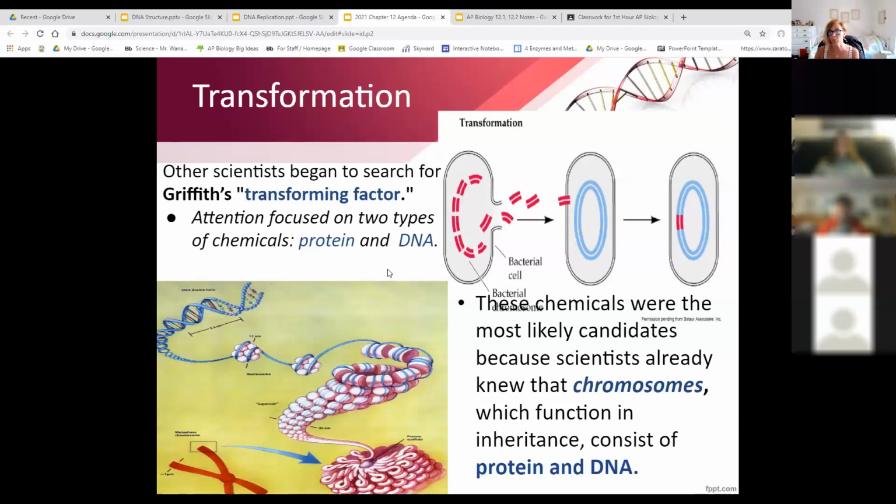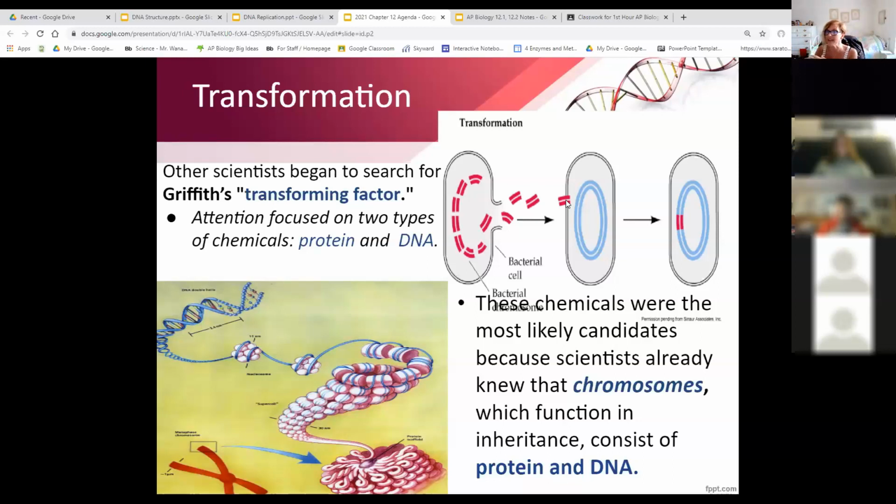Now, for our lab, we know that it's DNA already. And what's happening is that this bacterial cell is rupturing. When he heat killed his Streptococcus pneumonia, it ruptured the protein coat. DNA was denatured because of the heat, and it broke apart. The bacteria are actually